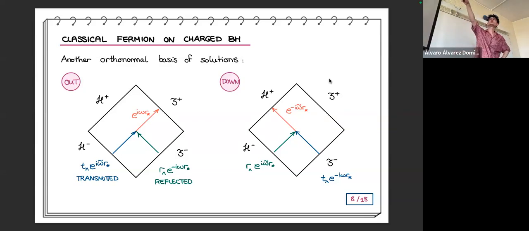So out modes are just basically now, the Cauchy surface is not H minus and square minus, but H plus and square plus. Okay, so basically what we are having now for the out modes is that, going outwards, asymptotically far away from the horizon, a unit flux, and then we go backwards and recover that something has to come from the event horizon, transmitted, and something should have come from reflected. Okay, it's just going backwards with respect to the others.